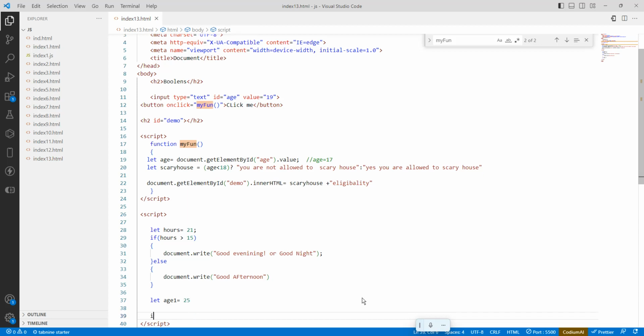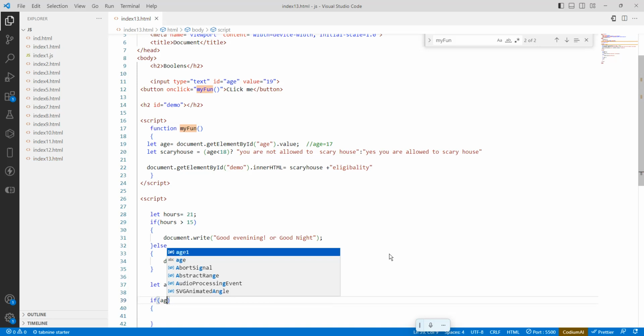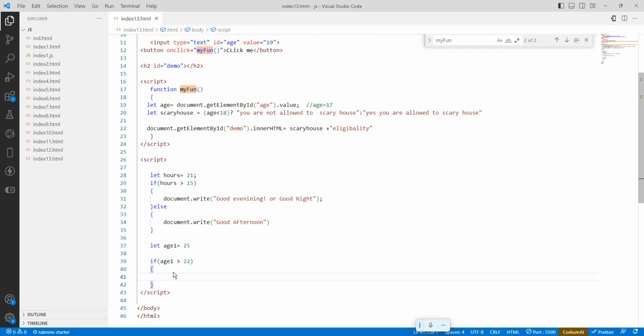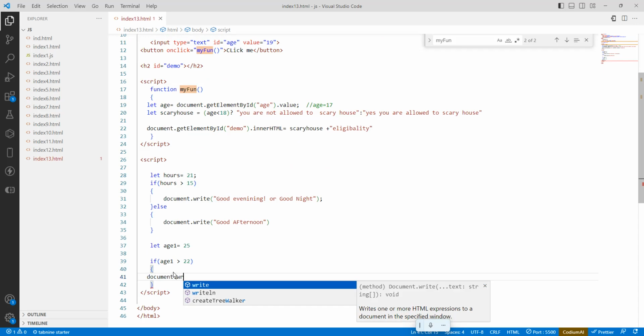If age 1 is greater than 22, then document.write of